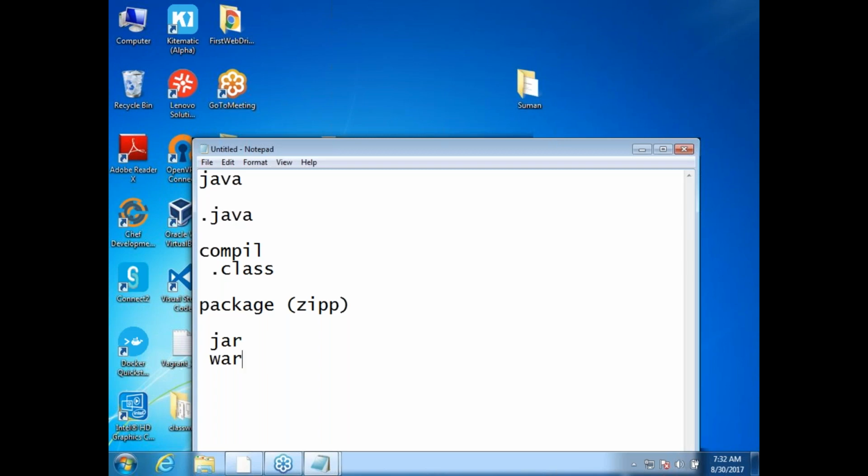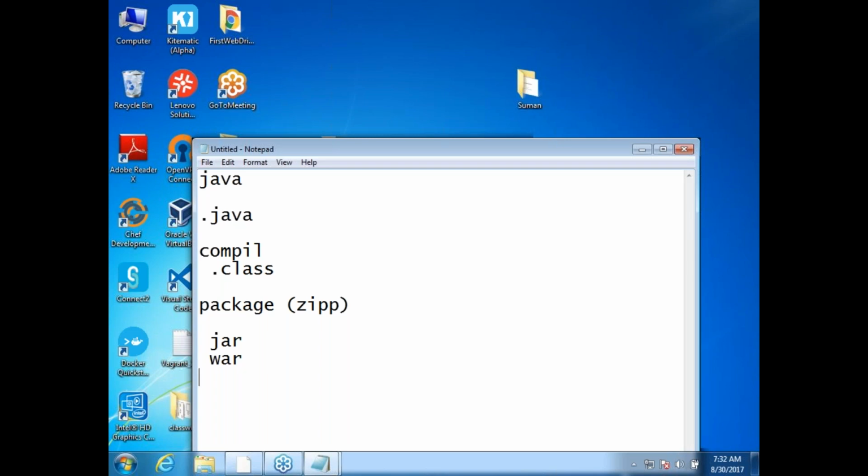Packaging is nothing but much like zip files, but Java has its own proprietary format. Okay, so we would be doing with jars, wars, and there are other things like EARs and all of that stuff. But most popular are these two, so I'm writing only those two. Okay, so this is the activity which we want from Maven at a bare minimum. So this is the first thing, building.